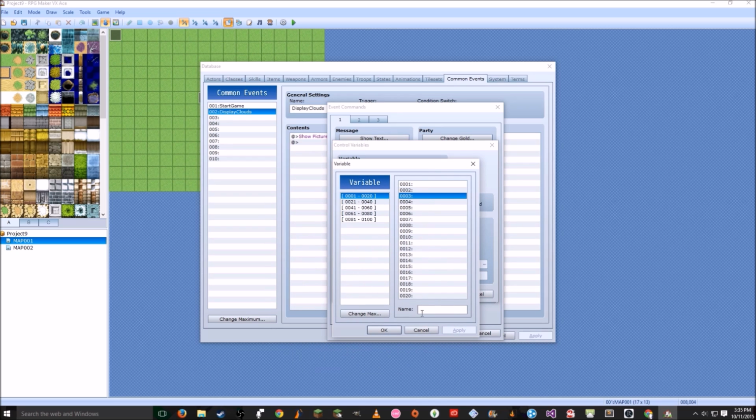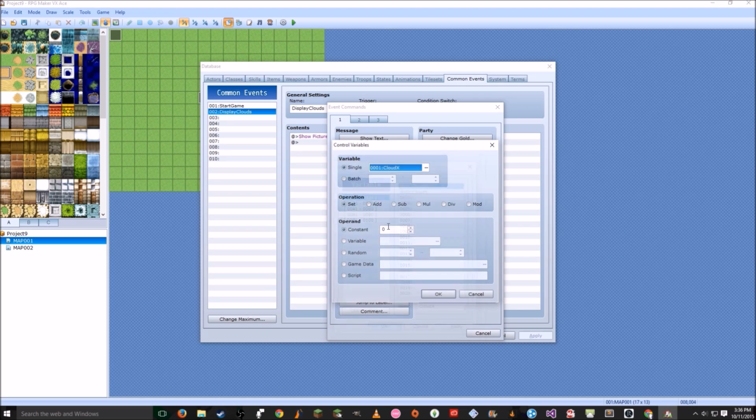And I like to put these in, you can put them anywhere. Let's just put them in 1. So Cloud X, and then Cloud Y. Now we're going to start with X, so just go ahead and highlight that, click OK,